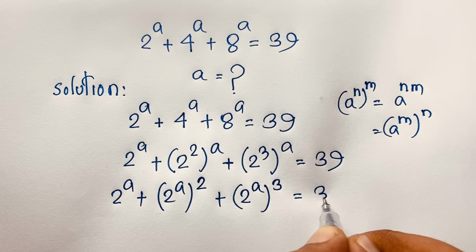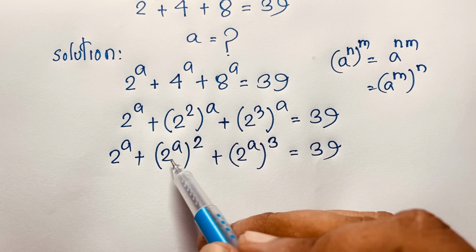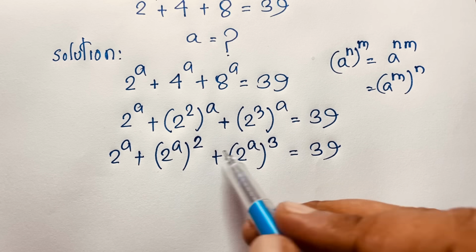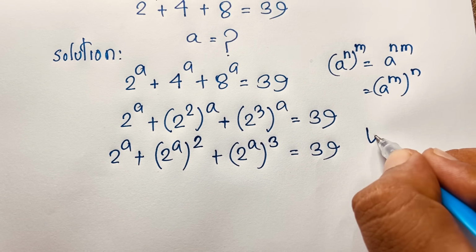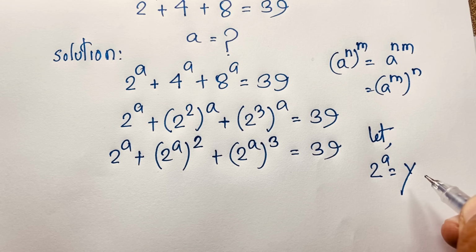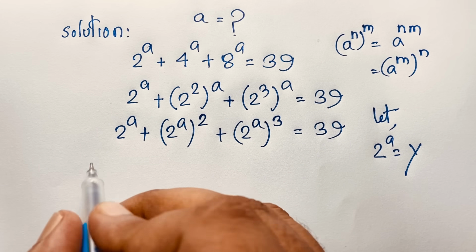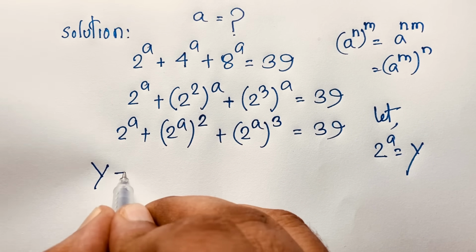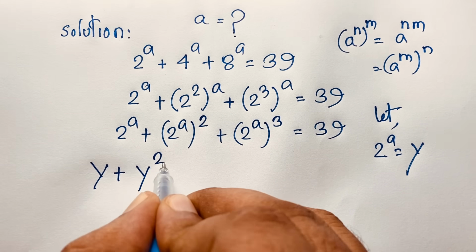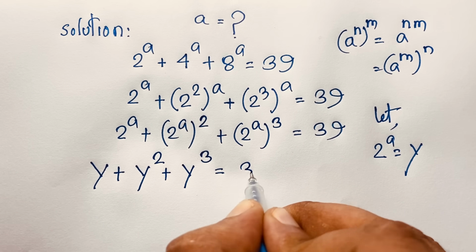is equal to 39. Then you can say here is 2 to the power a, this is 2 to the power a, this is 2 to the power a. It is the same case, so let 2 to the power a be equal to y. Now it will be y plus y square plus y to the power 3 is equal to